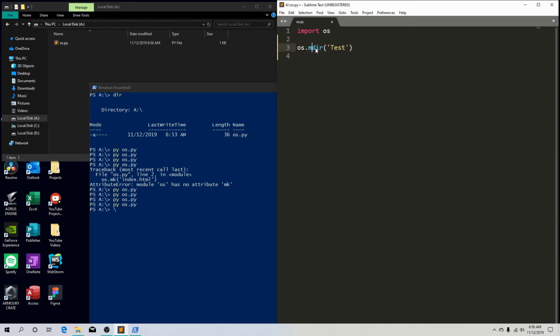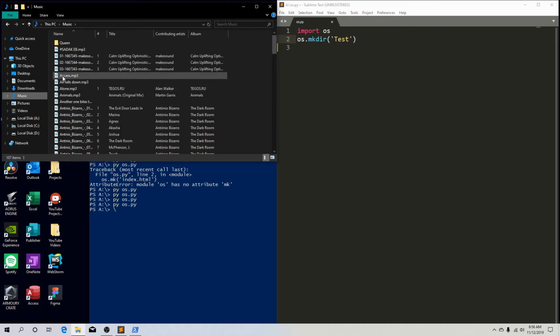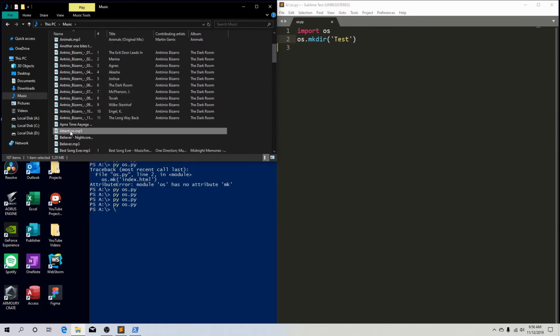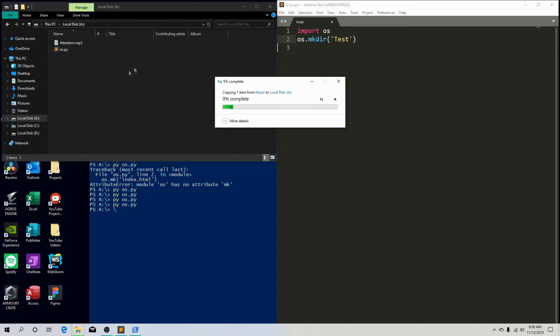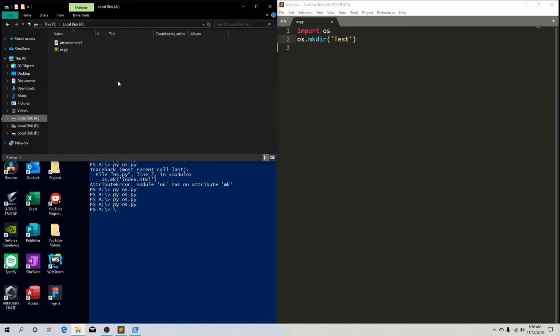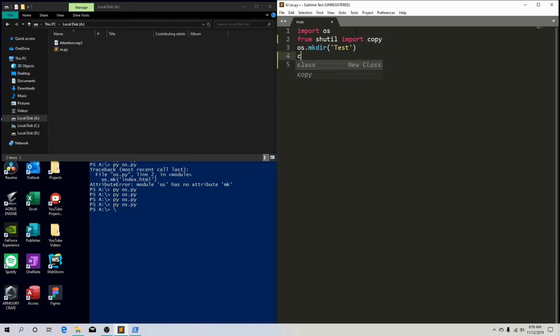So after we make the directory, which says test, what we want to do is we want to copy a file. So I'm just going to take, let's say, a music file, and copy it to the A drive. Okay, I've copied it. And if you want to copy files, we need another module called shutil. So what we're going to do is from shutil, we're going to import copy, and then after that we're going to do copy,